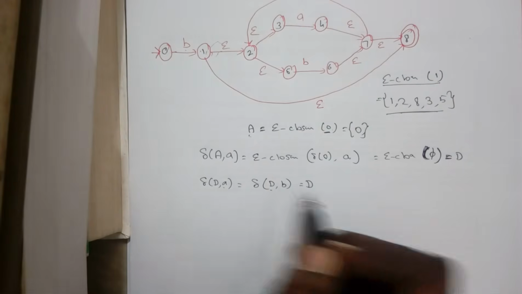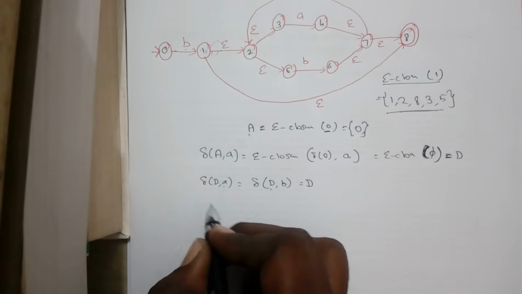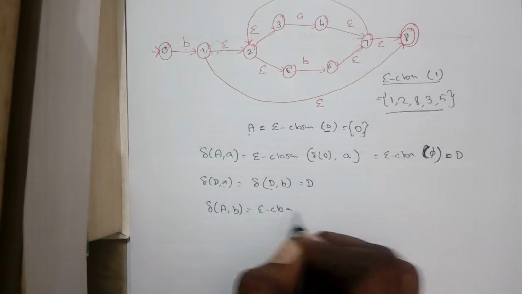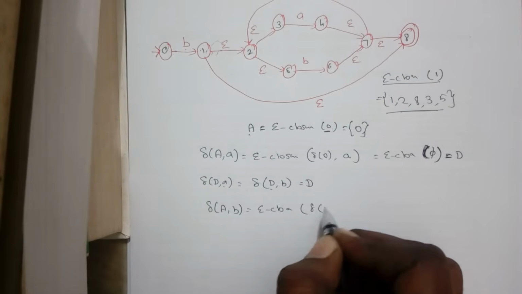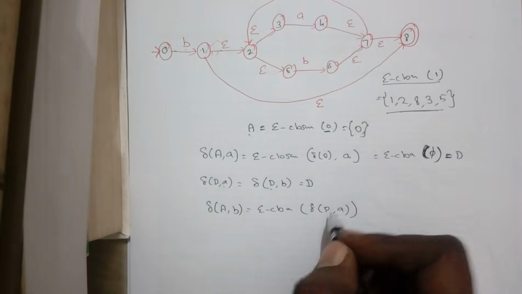So we are defining that to itself. Now we have found the transition of A on A, and similarly we have to find the transition of A on B. So that is E closure of state transition of 0 on A. Why we included 0 over here: A contains only one state of epsilon N of A, that is 0.